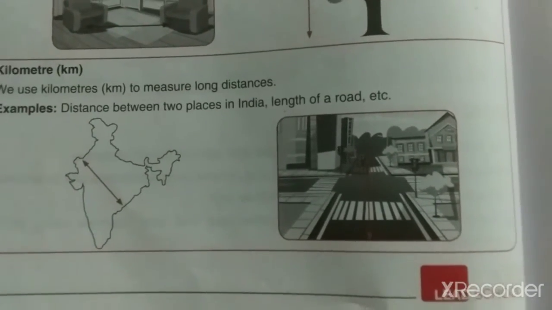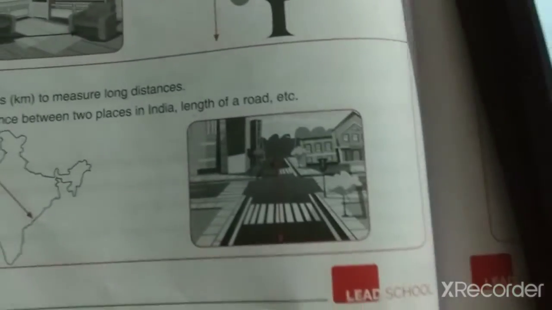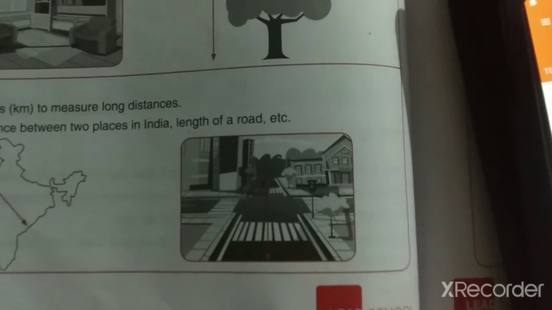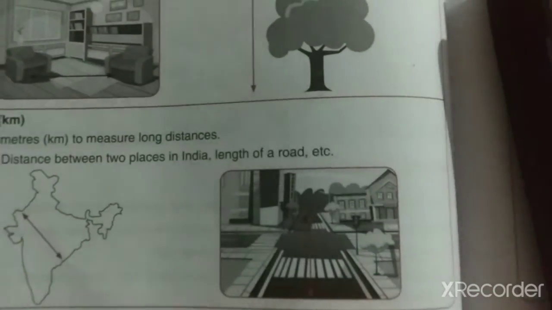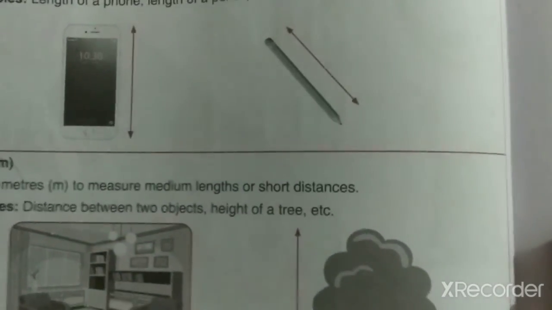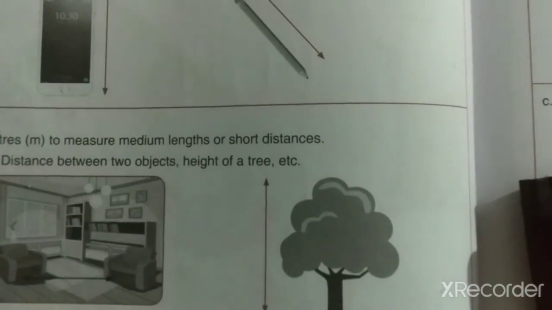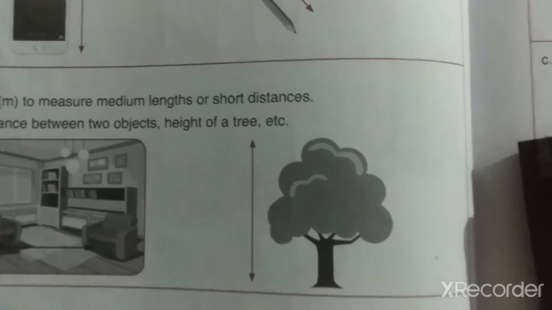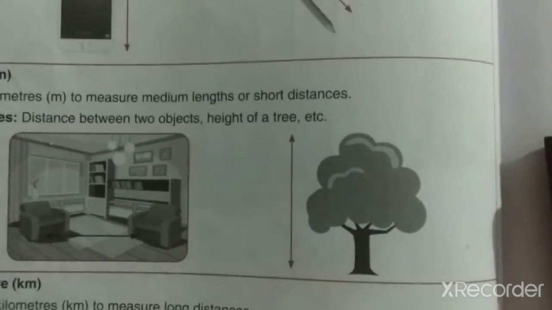This kilometer, what do we identify it with? We identify it with length. Got it? Did you understand this much? So when we want to go from one place to another place, at that time we'll use kilometers. If you want the distance between two objects, at that time we'll use meter, and when one particular object is there, for example pencil and sharpener, mobile phone and all, at that time we'll use a centimeter.